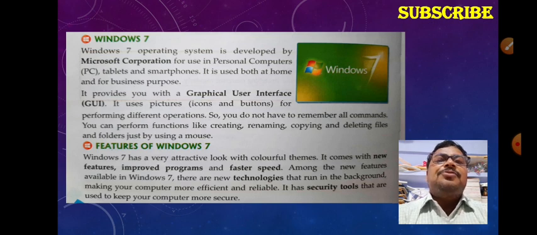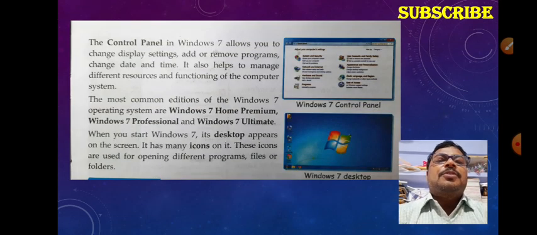That means when we are using the Windows operating system, we don't need to remember commands because everything is visible on the screen. Users of the operating system have no need to remember commands. That is the best use of it. That's why it is efficient and reliable. Now we go to the features of the Windows operating system.